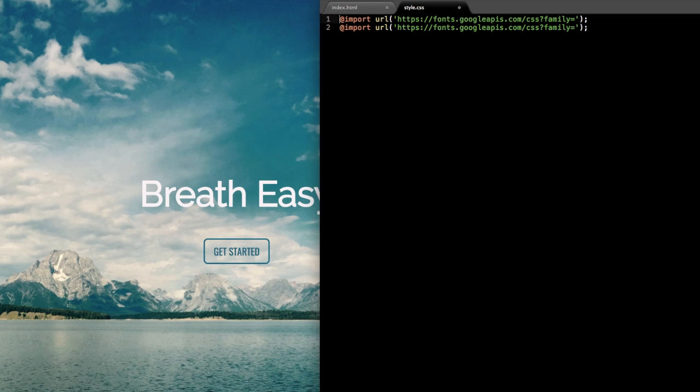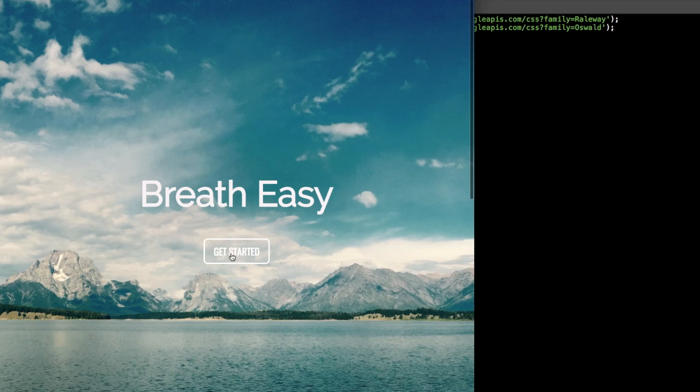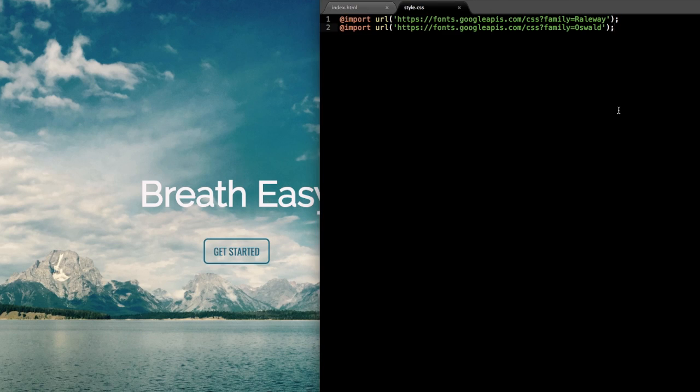The first font is going to be called Raleway, RALEWAY. The second one for the button is called Oswald, OSWALD. So the heading 1 is Raleway, the button down here is Oswald. Okay,